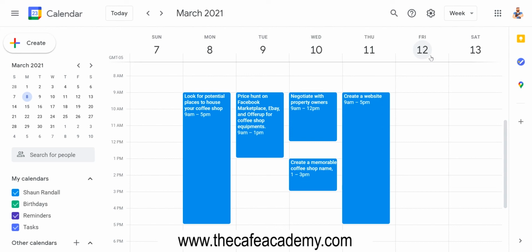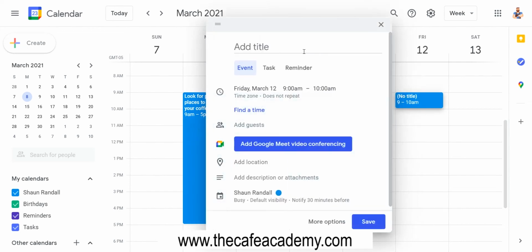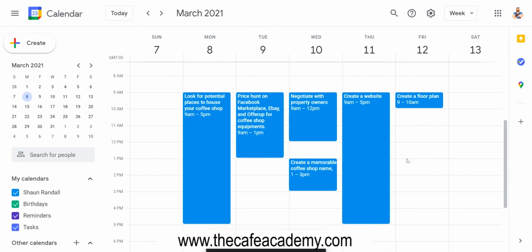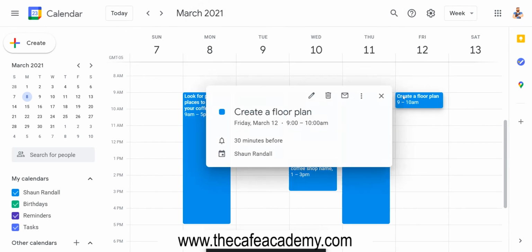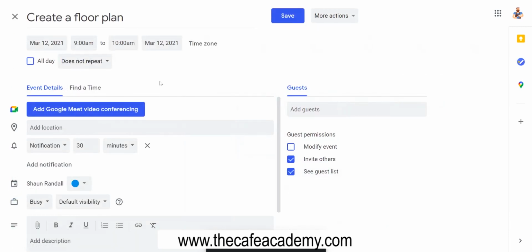Alrighty, so now March 12th, what are we going to do for you guys here? Well, this is when we could probably create yourself a floor plan. So we're going to say create a floor plan. Now, creating a floor plan is all about, oh, hold on, let me actually edit the hour. How long will it take for you to create the floor plan? That's the question. I want to make that an all day too, because creating a floor plan is good for you to know how to organize all your furnitures, tables, and desks and stuff like that.